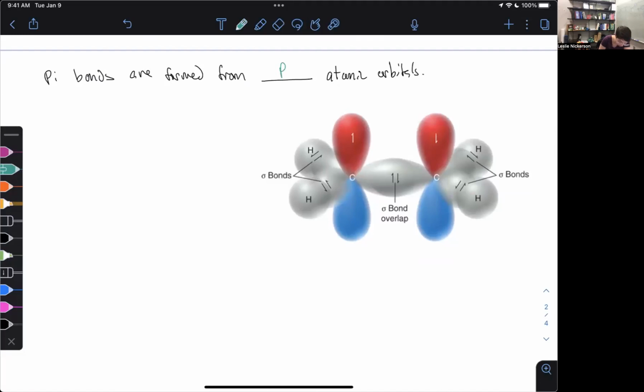Okay, so if we look at a regular p orbital here, I'm going to try to draw those as evenly as possible. So a p orbital, we've got the node in the middle, meaning that we don't have any electron density right at the atom, which is in the center. We've got a possibility for electrons to be sitting in either of those 2 bubbles at the top of that kind of infinity sign. So if we think about these as being carbon atoms, we'll just put a little C in there. So if we've got those 2 coming together,